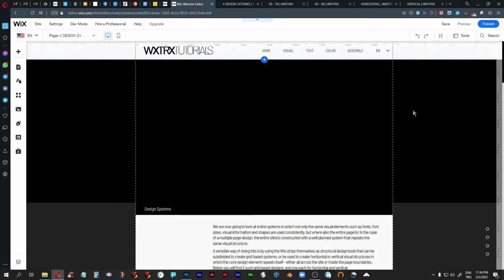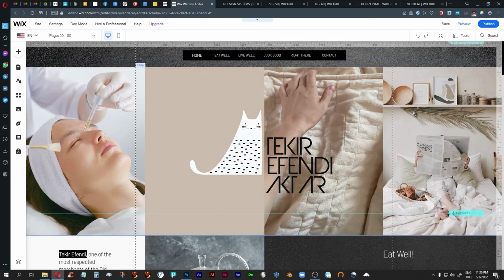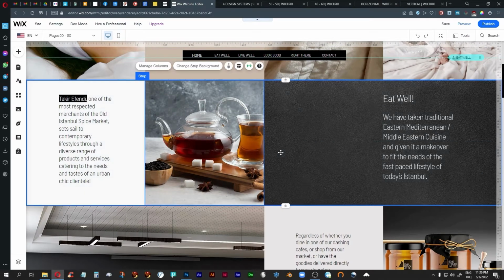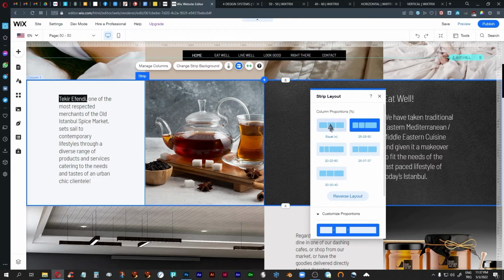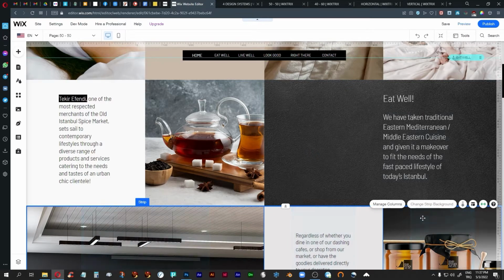Sorry, I should have been prepared and should have been on this page, but if I go here and make sure that you click on strip in order to be able to see that, I have 3 columns, and in this particular strip it's 25, 25 and 50. Okay, in some others it's different. In some others I have it in a different way. So for example, if I click here,